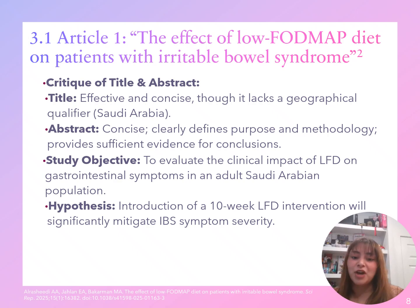So, of course, the objective of this study is clearly stated in the title: they wanted to see the clinical impact of the low FODMAP diet on GI symptoms in a Saudi Arabian population. So, their hypothesis was that an introduction to a 10-week low FODMAP diet intervention will significantly mitigate the IBS symptom